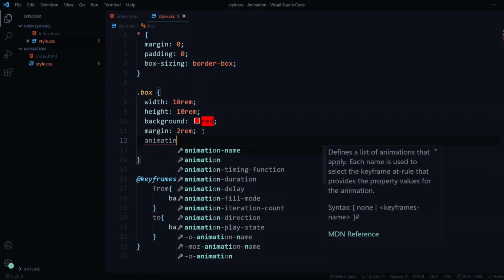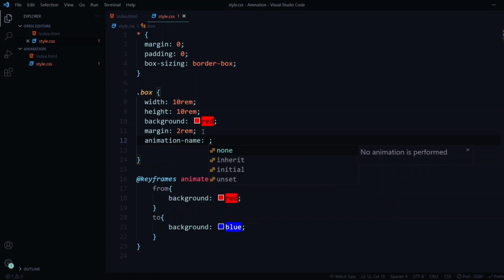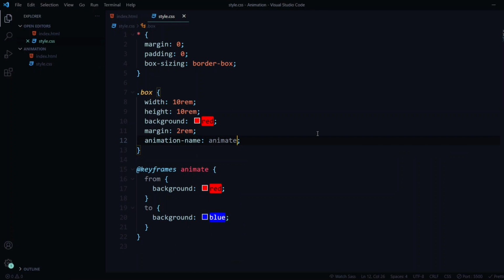Now I'm going to show you something, and I want you to guess why it is not happening. There's a reason why it won't happen, and I'm going to talk about that soon. The first property is called animation name. Here we specify the name of the animation that we have given to the keyframes. If I change this to something else, let's say box anim, I'll also have to change this to box anim. Now if I go back to Chrome, the animation should happen, but it's not happening. Even if I refresh it or do anything, the animation is not happening.